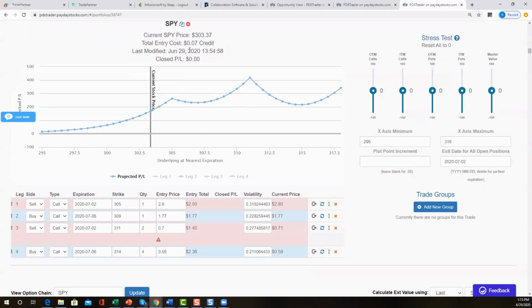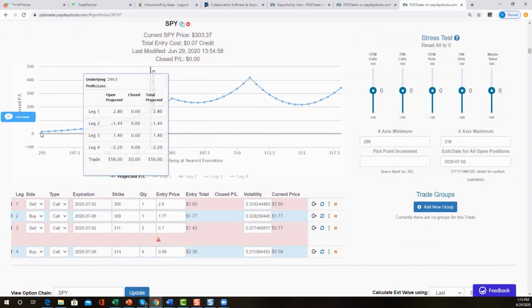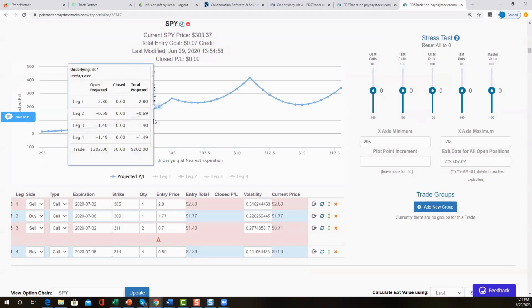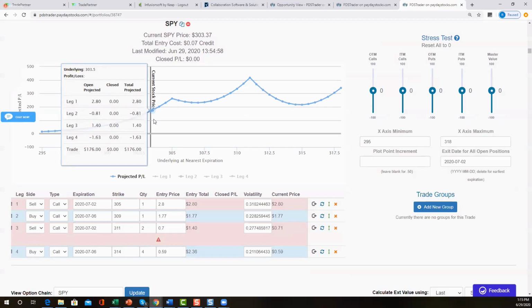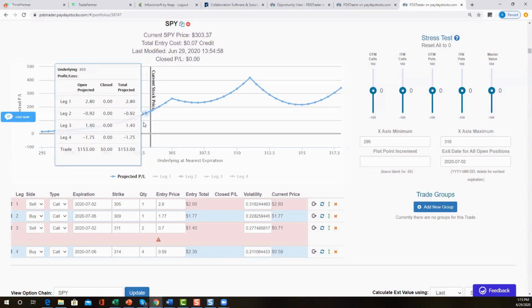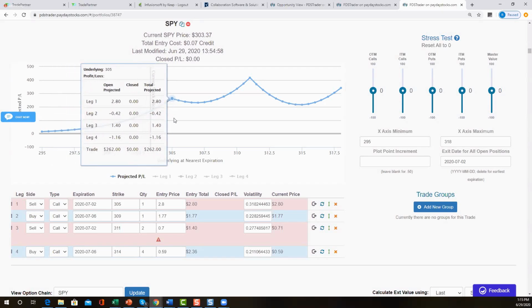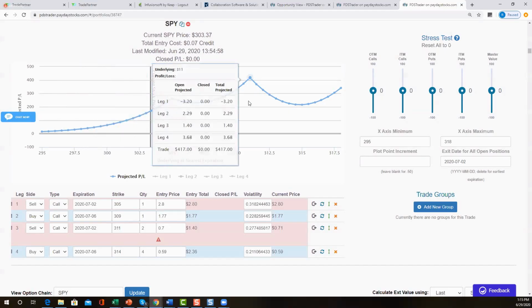Okay, so with the credit of 7, that means there's no risk to the downside. I'm going to make at least $7 if the market tanks. However, at the current market, I may not make as much as $200, but I should make, depending on how much volatility remains in those calls by Thursday, at least about $100. And it's going to be somewhere in between $100 and $200. My first profit peak is at 305. And then my second profit peak is up here at 311. So that's 6